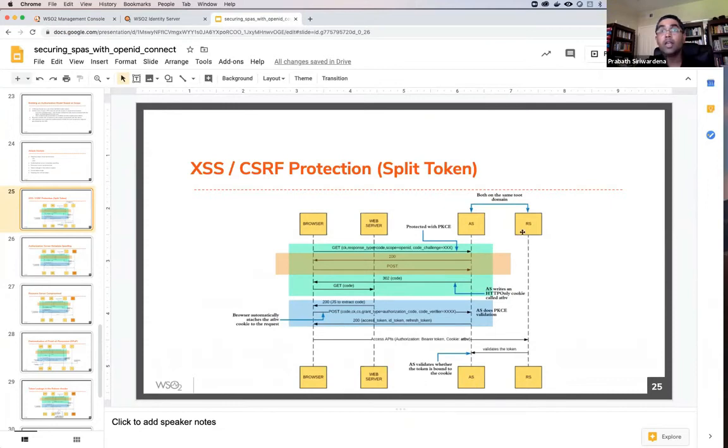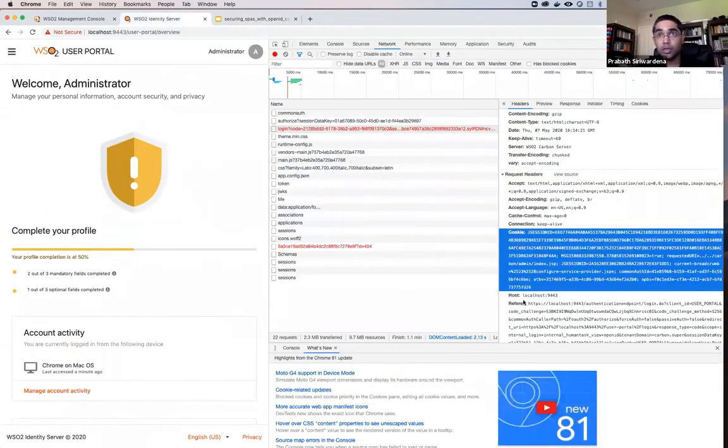All the APIs accessed by the user portal are running under the same domain of the authorization server, or else they have the same root domain. So when the authorization server issues that cookie, it's an HTTP-only cookie written to the parent domain. That means any request generated from the browser to the resource server will also carry that particular cookie. Now you have the cookie.